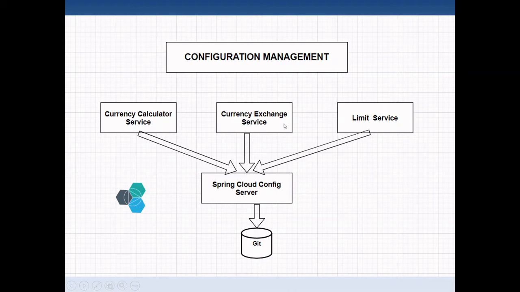So this is the benefit. You don't need to maintain individual configuration in every microservice. It should be a single repository, so maintenance will be very easy. For this purpose we will be using that.